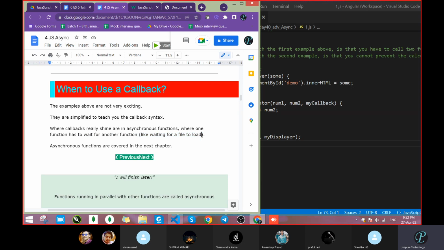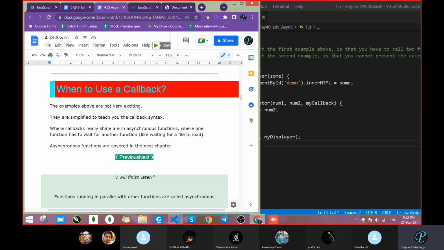Suppose you are going to upload a file. You click the file uploader on the HTML page, and then you wait for the upload. Once it completes, only then you proceed. Like when you upload the written test answer, you click, you upload, you wait for the response.